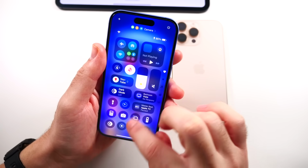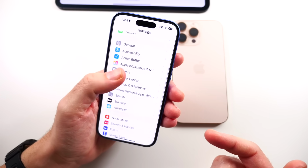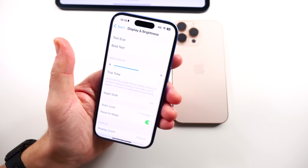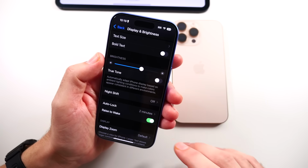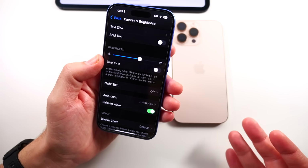This phone is also nowhere near as bright as the upcoming iPhone 17 at the same price. You're going to get 3,000 nits. This one I think was 2,000. So while this is still bright, it's nowhere near as bright as the new iPhone is coming for outdoor brightness. So if you find yourself outdoors in sunlight a lot, this is definitely going to be a big upgrade from